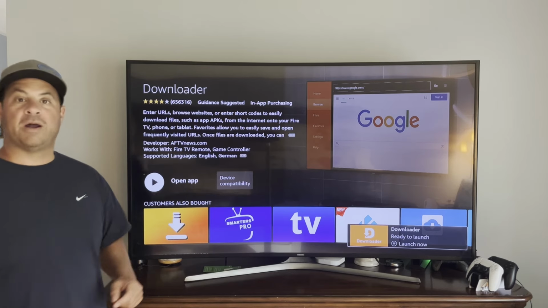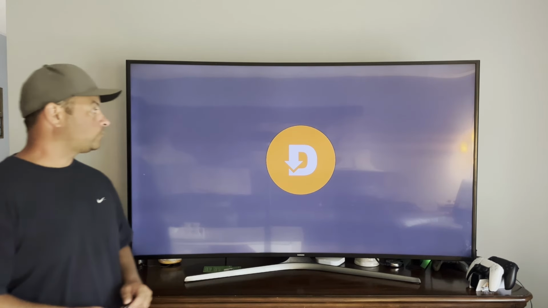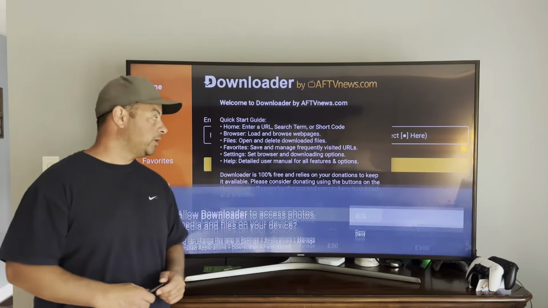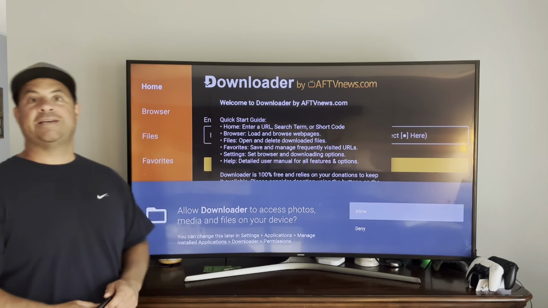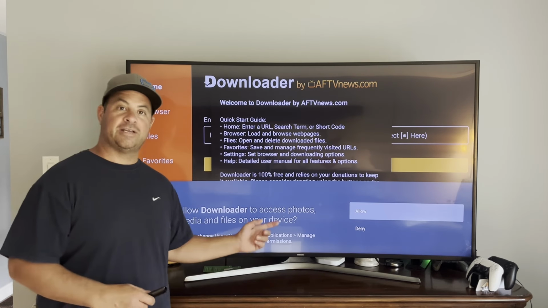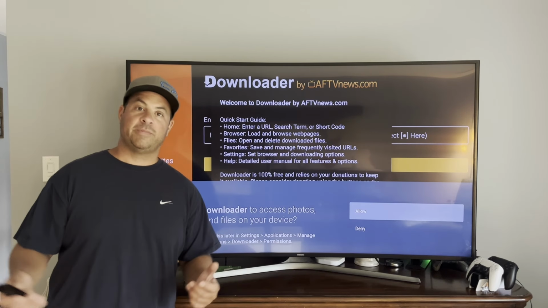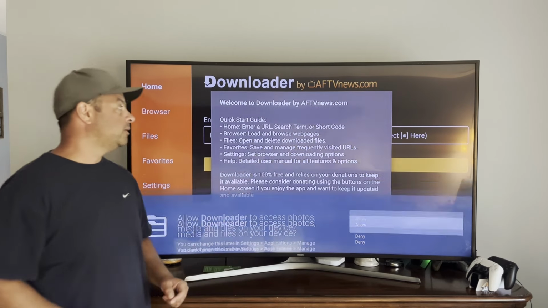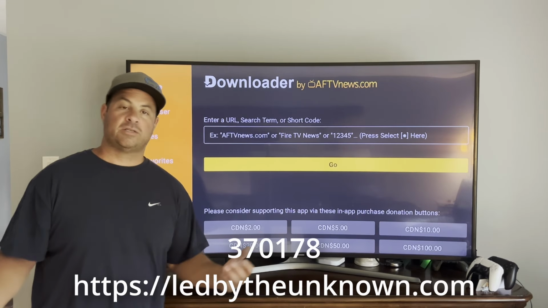So we just open up the application. We just open up Downloader. Here it needs authorization to access files, photos, and media on our device. So click allow. A web address, so like